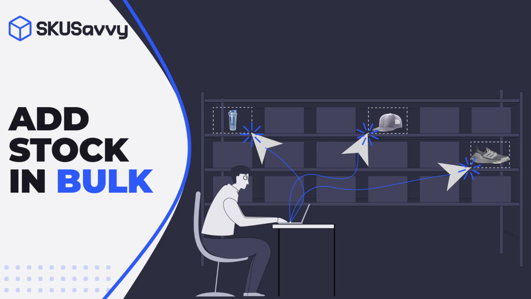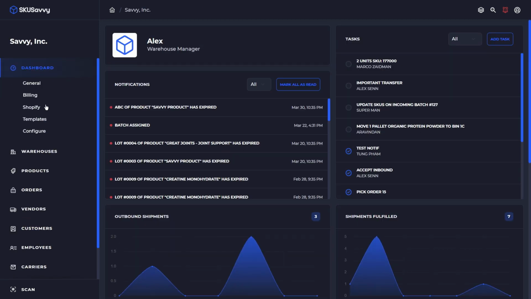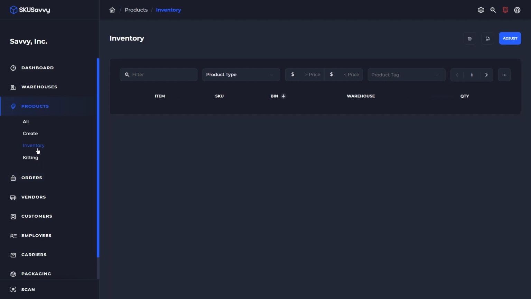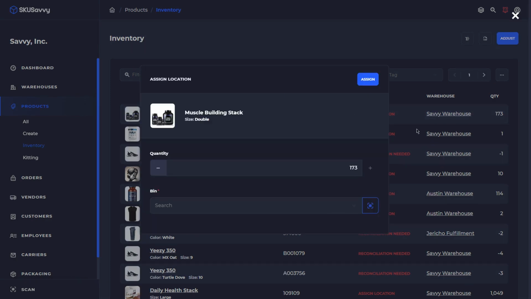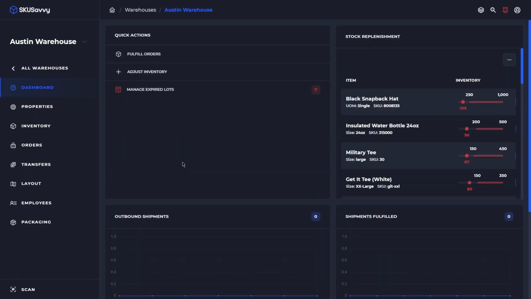Today we're going through an exciting new feature which is going to allow you to bulk allocate inventory to your bins. So in order to utilize this feature, you first need to make sure that you have already connected a Shopify store with your SKUSavvy account, which is going to bring over your inventory. And you'll see that most of the inventory comes like this, where you have a quantity and it needs an assignment of a bin. So from here, we're going to go into the warehouse that we want to bulk allocate,